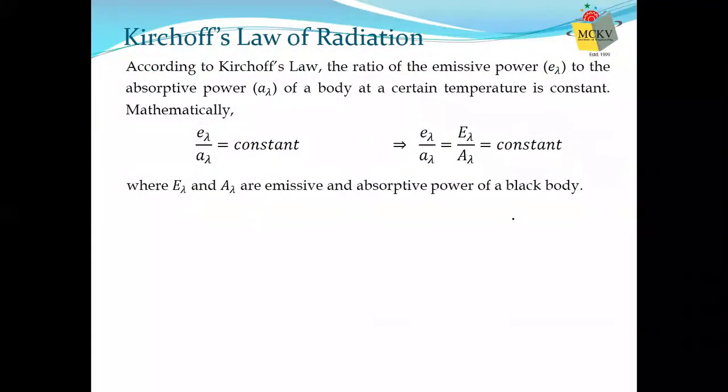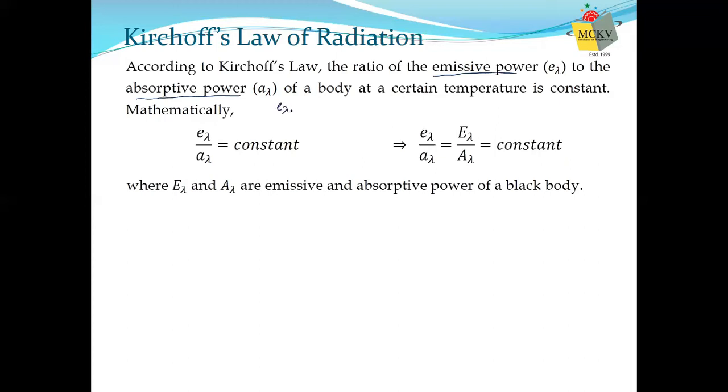Now, according to Kirchhoff's law of radiation, the ratio of emissive power to the absorptive power of a body at a certain temperature is always constant. That is, mathematically, E lambda by A lambda is constant. Therefore, if we have a number of bodies, 1, 2, 3, etc., having different emissive and absorptive power, and all are kept at a fixed temperature,